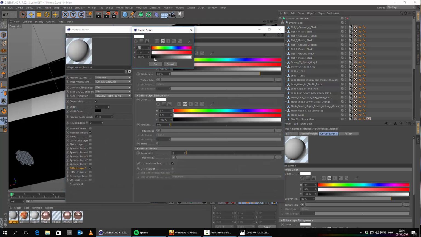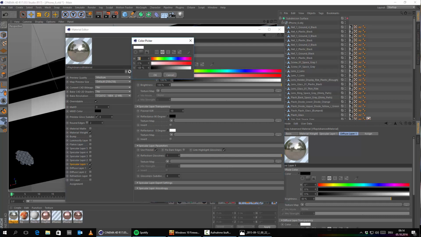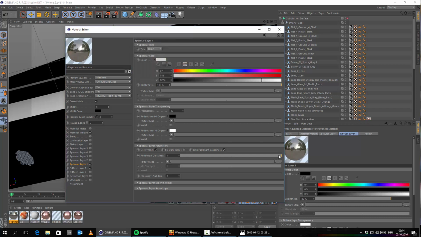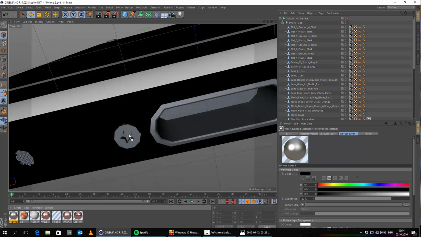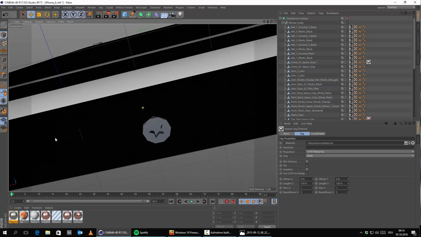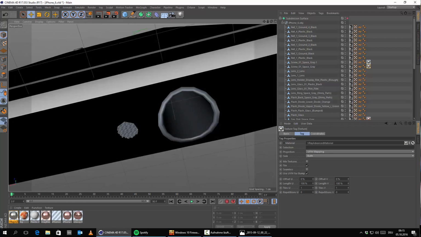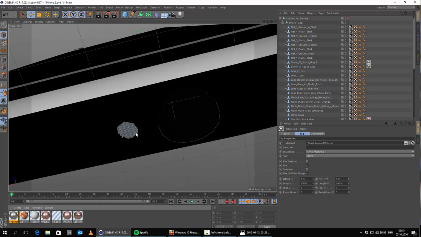So let's bring this down here to black, new advanced material, specular layer on, bring this here to 10, give it some kind of silverish color, something like this maybe, a little bit darker, bring this down here to 0.68 for now, glossiness subdivisions up, and we could use this here for our screws. And for this part here, so for the loading area, then here also for the headphone jack,